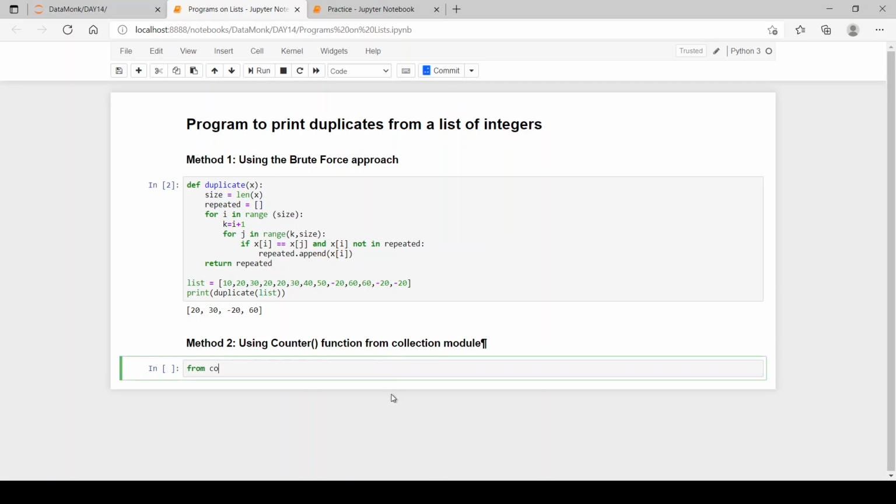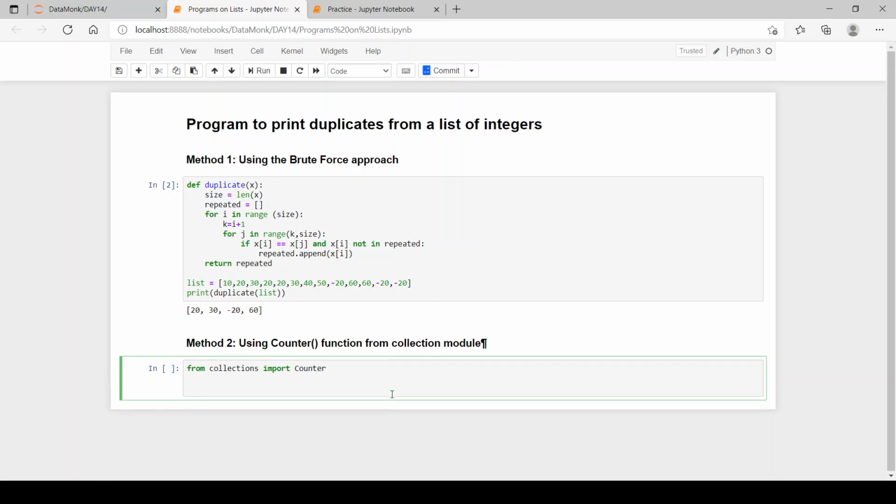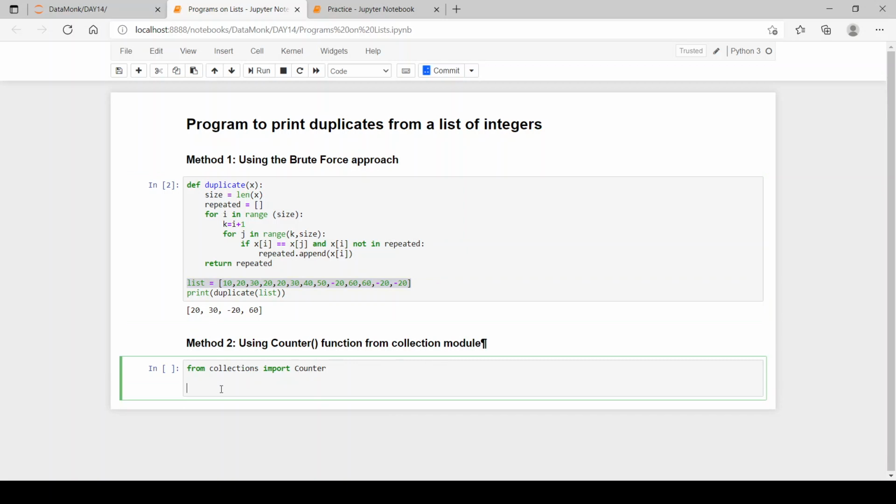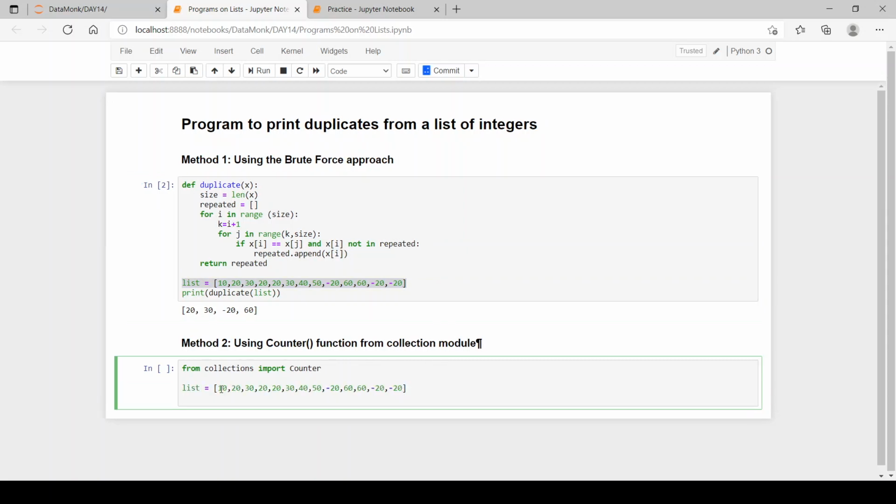First of all, we need to import it. From collections we have to import this Counter function. Then we will just have our list, so we'll just copy it from here. Then we just have the dict, we can also write it as dict, meaning dictionary.